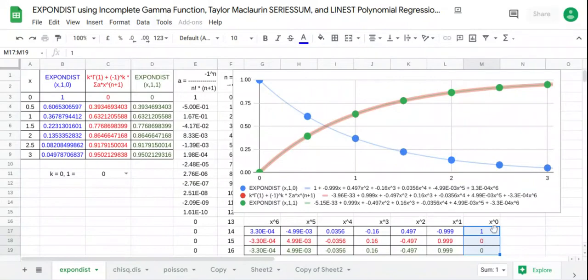Let's check the coefficients. So at x to the 0, this is 1, this is 0 because 3.96 times 10 to the minus 33 and 5.15 times 10 to the minus 33, that's 0. And this is negative 0.99, positive 0.99, positive 0.99. X squared, 0.497, 0.497, 0.497. X cubed, minus 0.16, plus 0.16, plus 0.16. X to the fourth, 0.0356, negative 0.0356, negative 0.0356. X to the fifth,